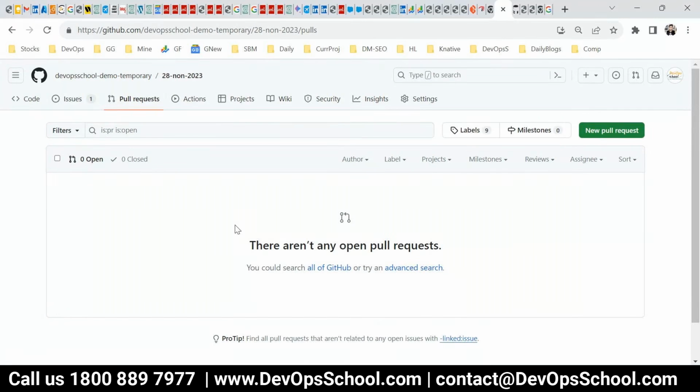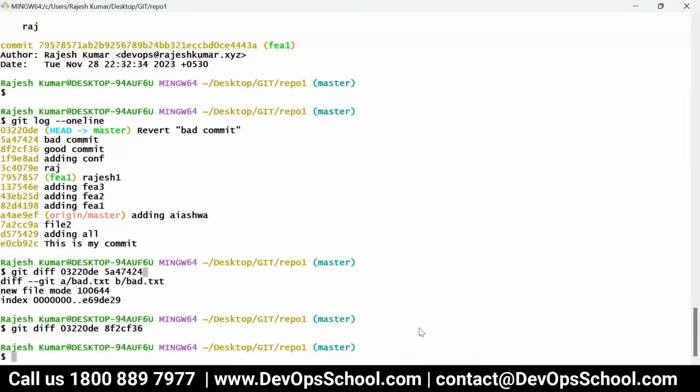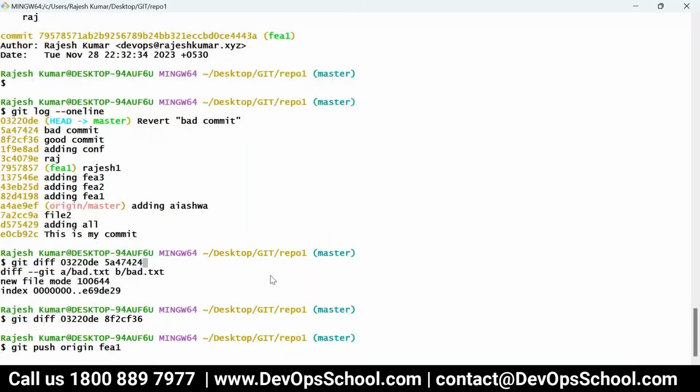Typically, let me first push that branch. So git push origin fee1, I'm pushing the fee1 branch which I created.